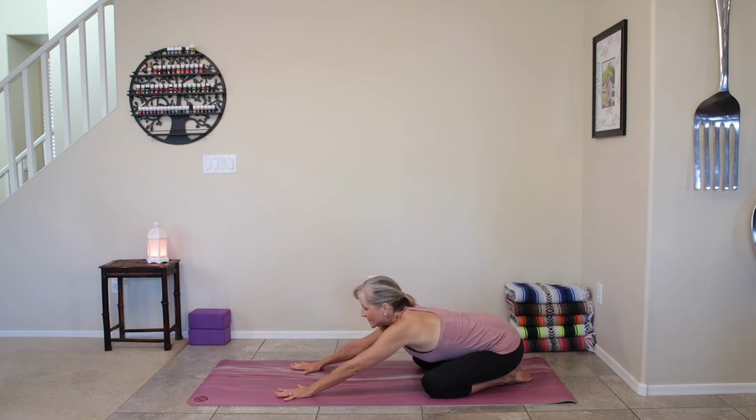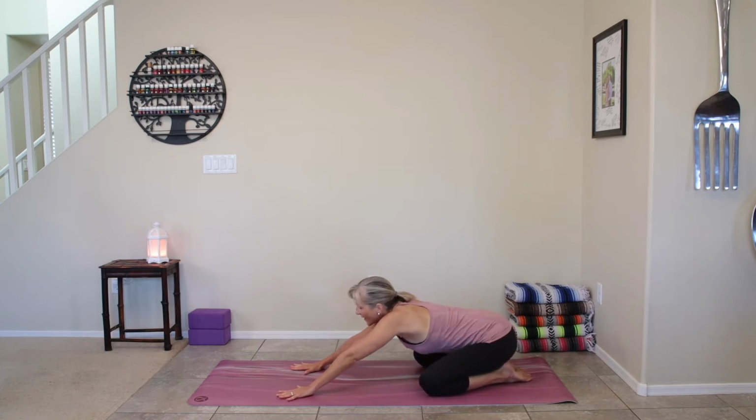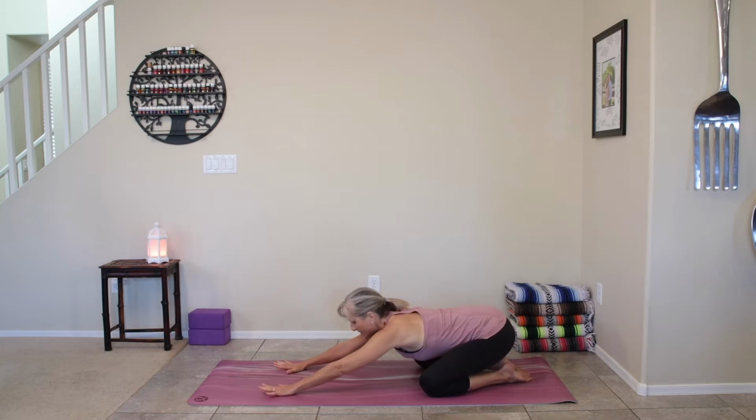And then just again, start to gently rock your body side to side. So your hips go heel to heel. Feeling that gentle shift. Notice the shoulders. If they're up too high, pull them away from your ears. Then we're going to start to reach and walk those fingertips a little more forward and start to come up